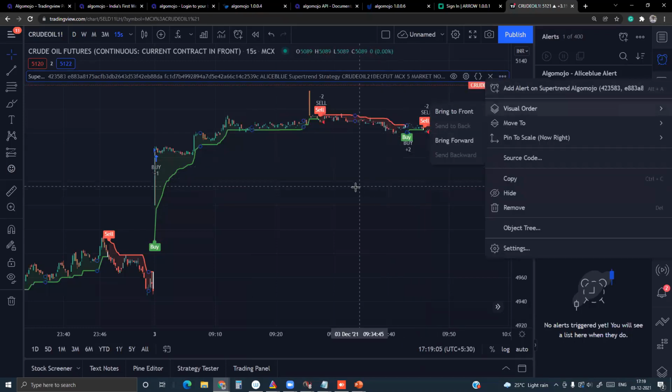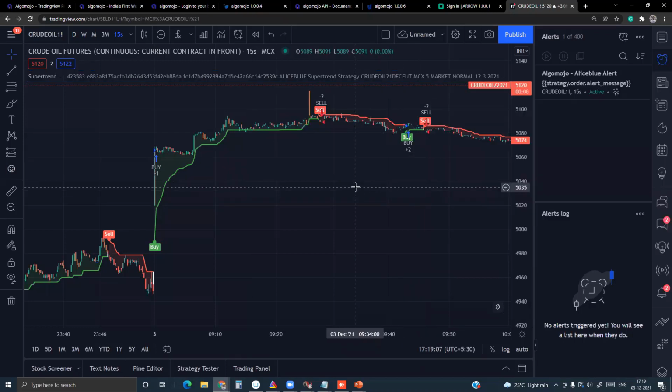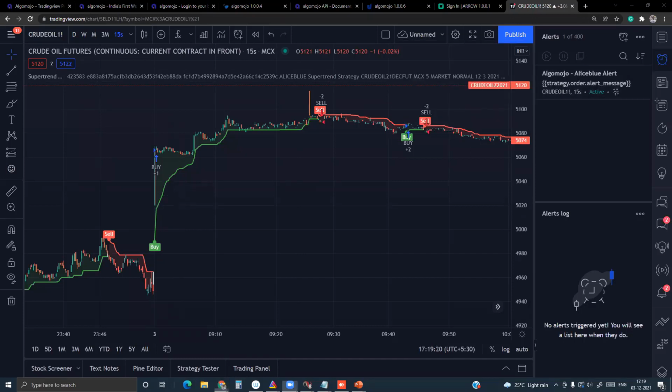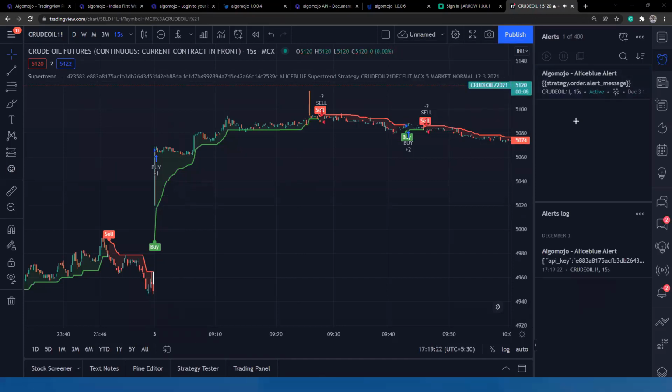Then you only have to configure the alert. Remember, in TradingView, orders are not sent from charts. Orders are transmitted from the alert section, which is a very, very important thing. Because once my alert is running, you can see in what particular time frame it is running. In my case, the alerts are running at 15 seconds.